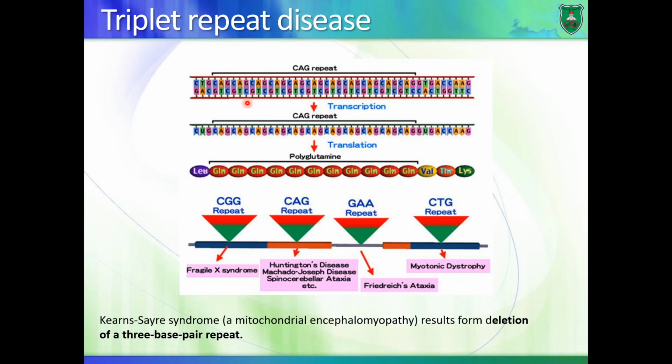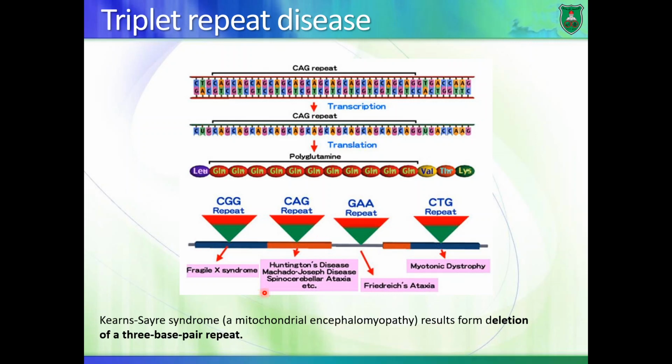It stops and says, how many CAGs have I added? It says, I've added 10, let's add a little more. So it would add like 5. So there would be an increase in the number of repeats. Now, sometimes this increase in repeats would be harmless. It would cause nothing. But in certain cases, you can have an increase in the number of repeats from 10 all the way to like 50 or 200, and it can happen, that would cause a number of